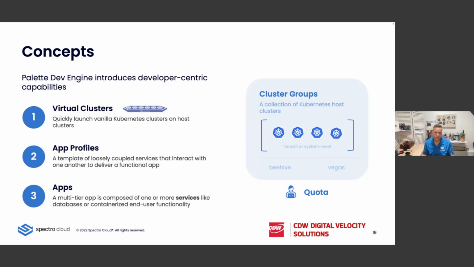One of the things that Spectro Cloud Palette does really well is that we are giving solutions to developers so that if you're not good at Kubernetes development, you can take advantage of existing deployments of Kubernetes and then spin up your own virtual instance, just like you did back in the day when you would spin up VMs. So in these next few environments, we're going to switch from cluster mode to application mode, and we'll show you how we can enable developers to deploy their apps quickly without having to learn 2 years of Kubernetes.